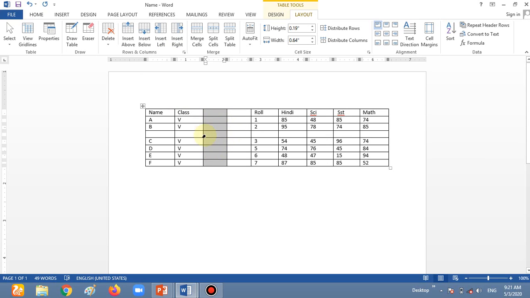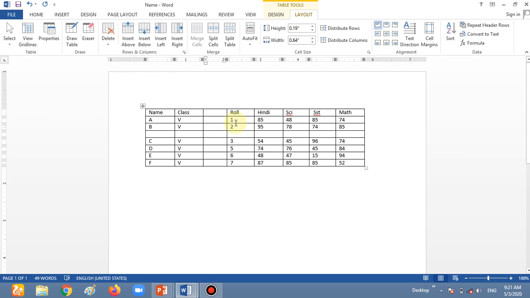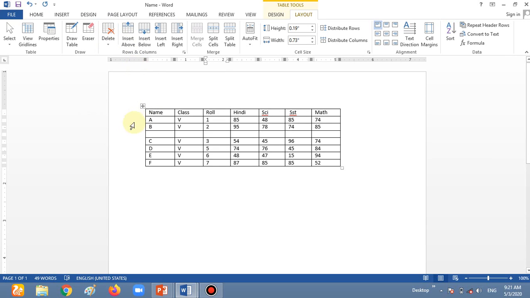So you have to select this thing. As we already know, in anything in MS Word we have to select it, then the thing must be applied. So I am selecting this one and clicking on the delete option. Delete the entire column, delete the entire cell. So whatever you want, choose it and it's deleted. Now I want to delete this one also. I am selecting this one. Now it's delete column.